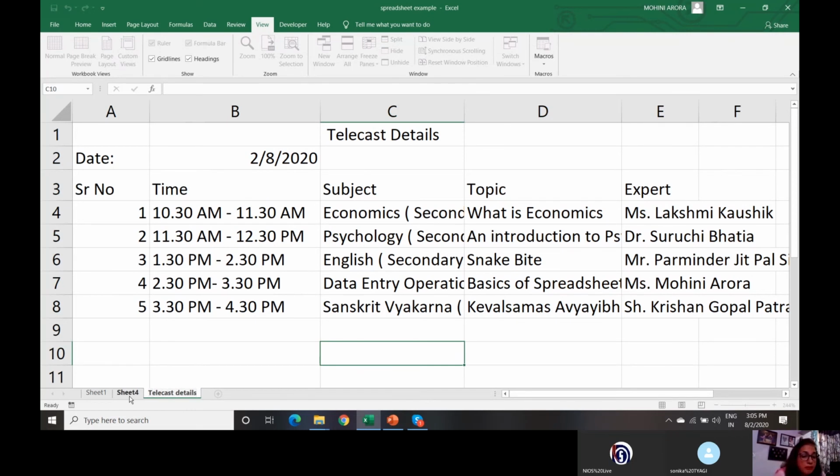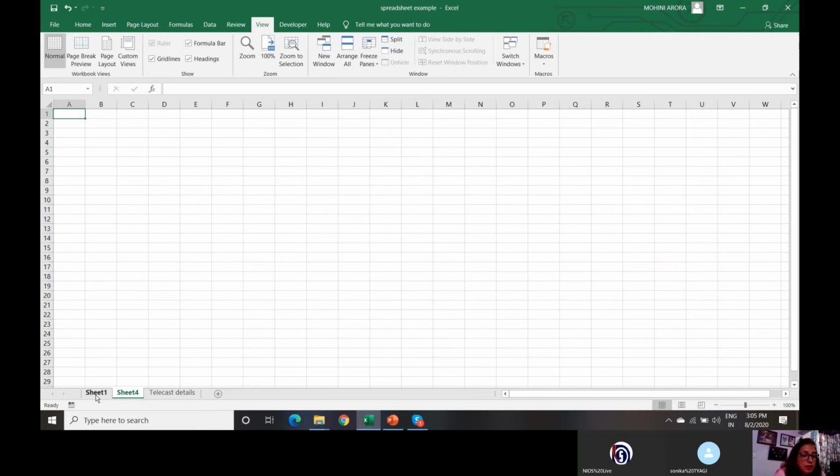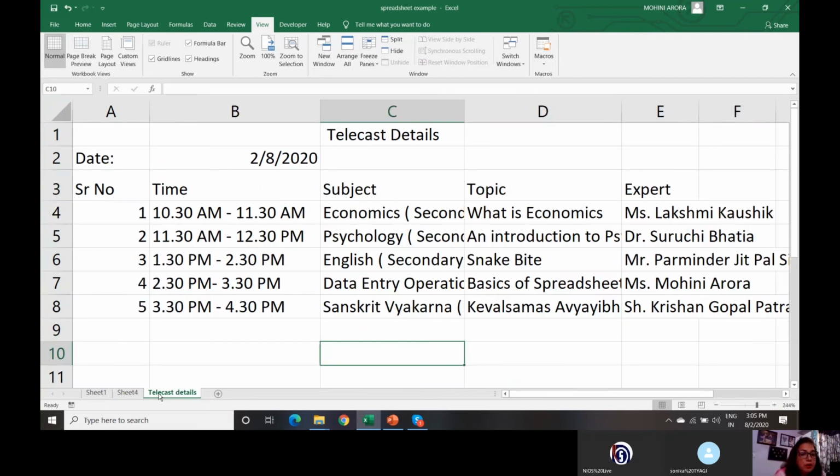Right? So you can have multiple sheets in one workbook, in one file of MS Excel, and you can give the names that you want so that it's easy for you to remember which sheet is containing which details. Right? So this is a very good feature.